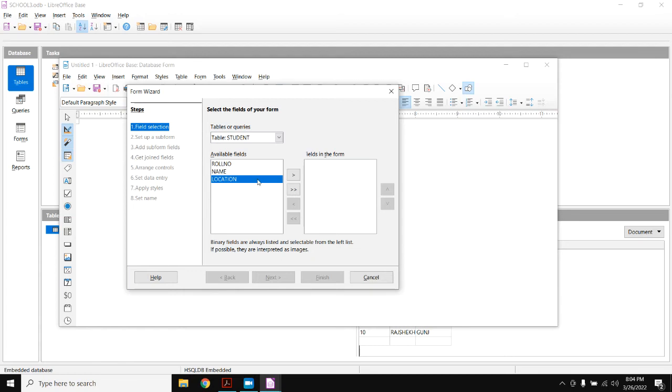If you want, you can just click on this double arrow. When you click on this one, all the columns, roll number, name and location, will be added in the form. If you want only a few columns, you can choose them particularly by clicking on the single arrow. If you want roll number, just click here and click on this one. But I want all the fields, so I am selecting all the fields